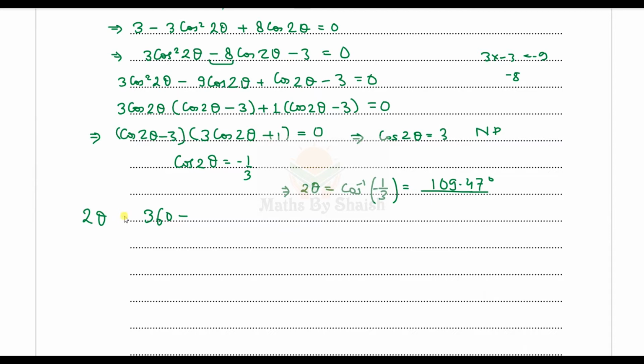So another 2 theta will be 360 minus 109.47 degree, which is 250.53, and for the next angle we know that it will be 360 plus this value, which is of course more than 360. So these are the only two possible values, and hence theta will be 109.47 upon 2 and 250.53 over 2, which is going to be